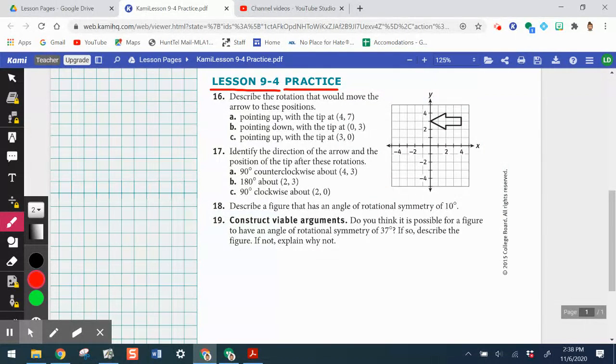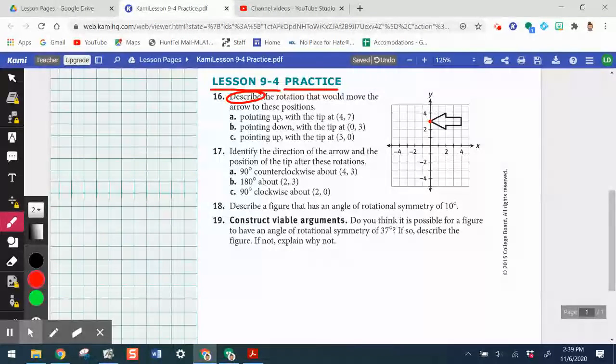So number 16 says, describe the rotation that would move or map the arrow to these positions. So this is actually the arrow from lesson 9-3 practice. So go check out 9-3 practice if you haven't. So they want to know, it's currently pointing left and the tip of the arrow is located at 0, 3. And they want to know what rotation we would need to perform so that it's pointing up with the